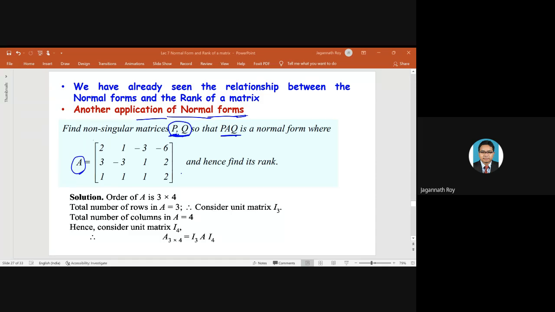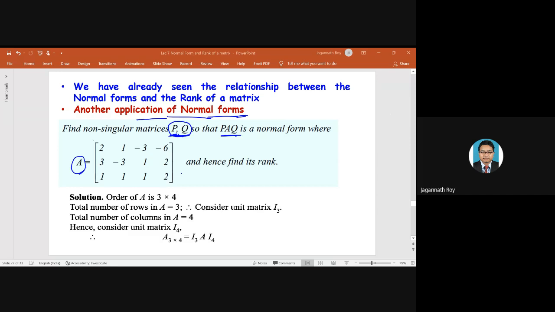Either you do only row operations or only column operations, then you can say column reduced or row reduced equivalent forms. Otherwise not. When we do both operations on a particular matrix, we actually want to find the normal form. So normal form is a more specialized matrix. If we get reduced equivalent forms, that is correct. But if we get the normal form, then we are more than happy.